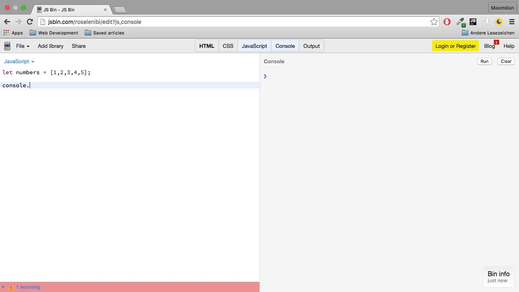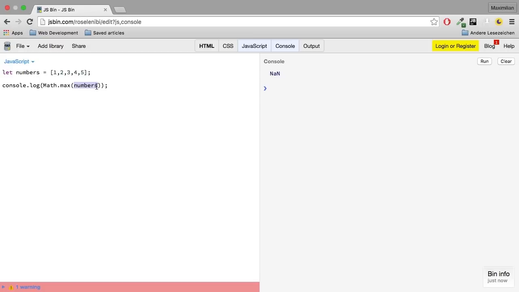Now, I was already mentioning that you already have the max function on the math object, but if you try to pass numbers here, what do you think you'll get if you hit run? Not a number, because this max method here actually expects to get a list of arguments, a list of numbers,